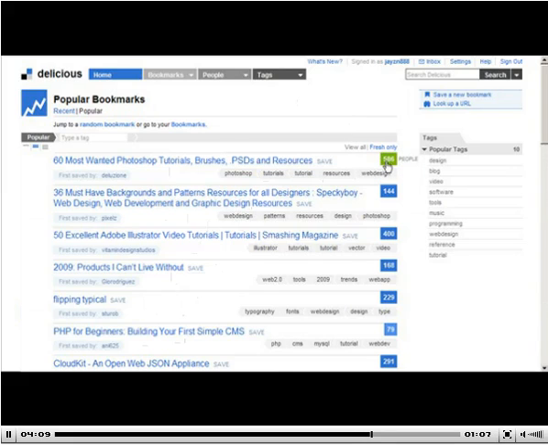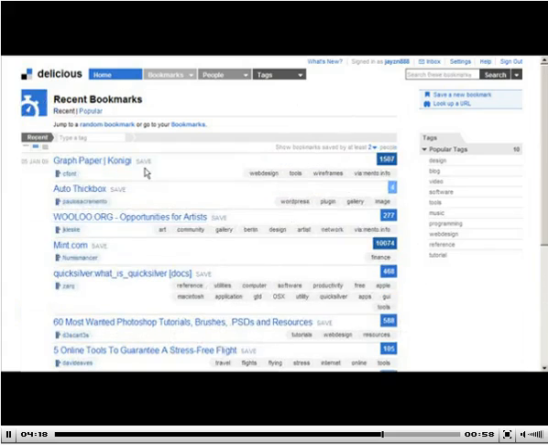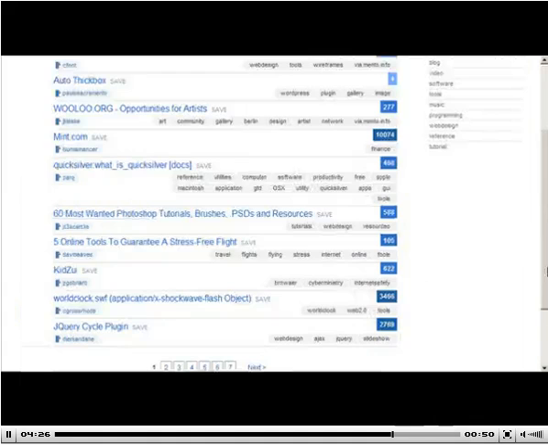a number of Delicious bookmarks, then it's going to help your website appear higher, and it's going to appear on this popular bookmark list, or even if we click on recent, obviously the first time you enter something, it's going to appear on the recent bookmark list, but it's only going to stay here for a certain amount of time. But yeah, so you need 2 people for the default view. So please consider that. See if you can get a couple of your friends or something to bookmark the site